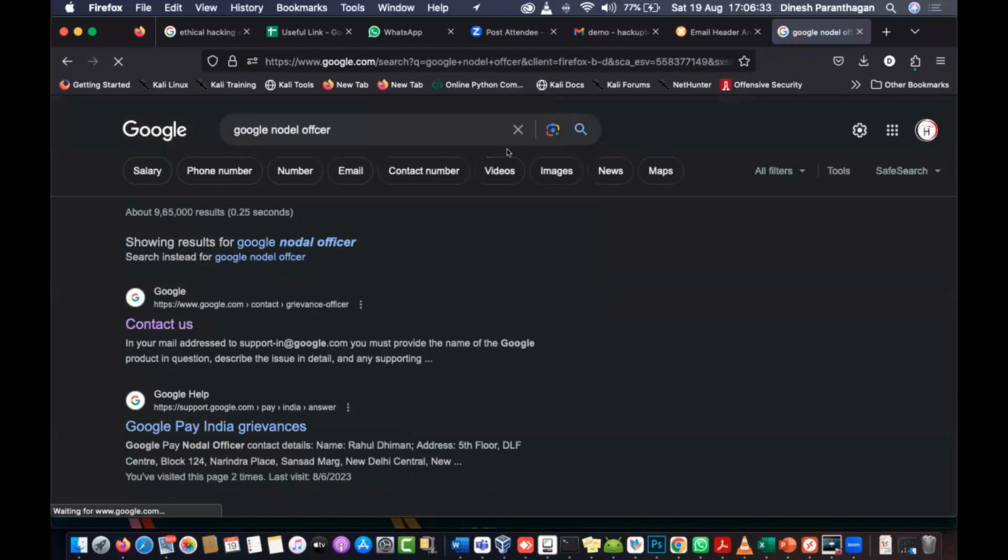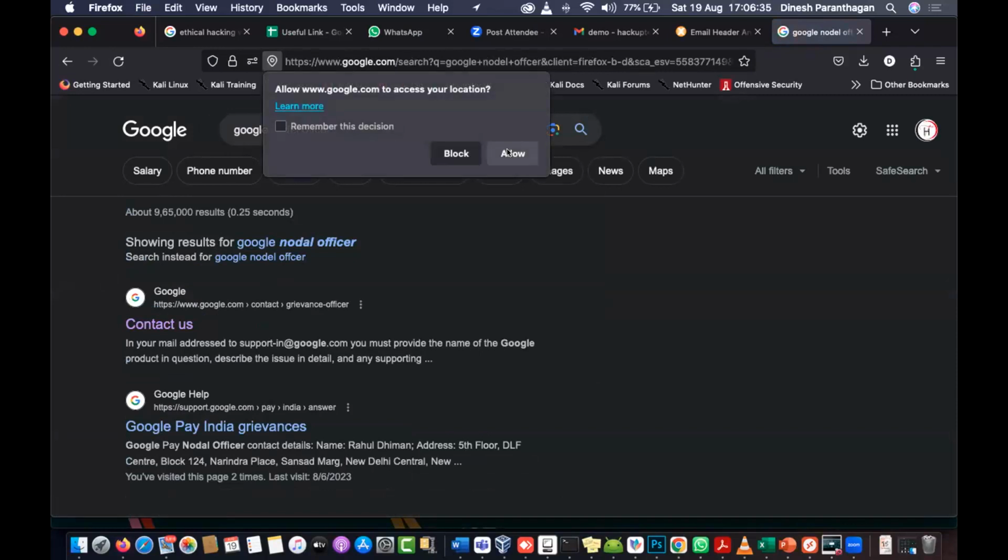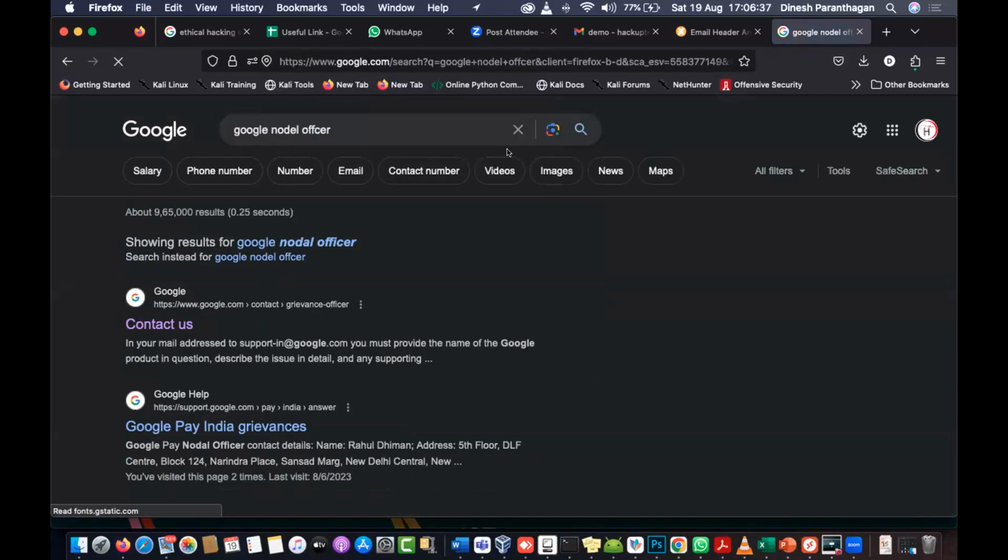With the help of an FIR, the police have an FIR copy, and from the FIR they share the whole copy with the nodal department. This is what happens for this mail.